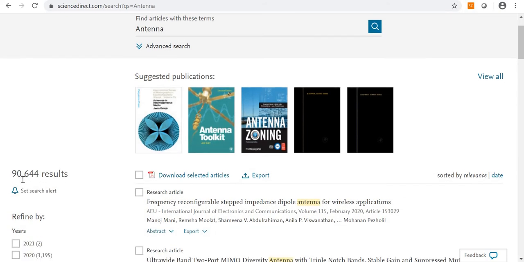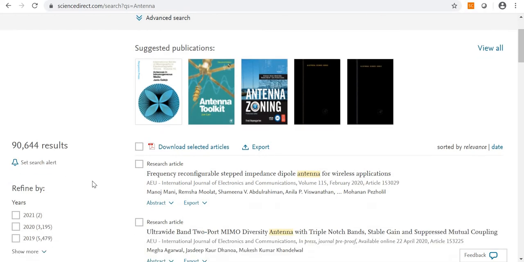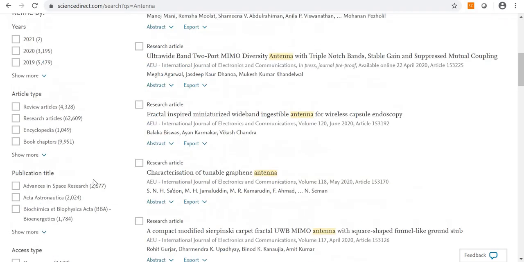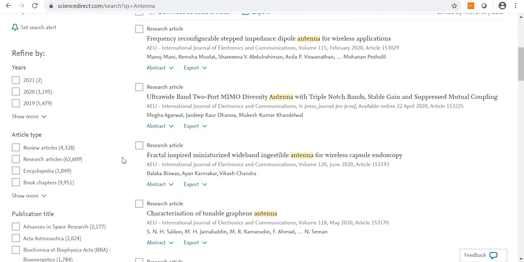Here, with respect to the keyword antenna, I got 90,644 results. Out of that, in a particular year, how many articles are there, you can see here. It is showing 2021 also.